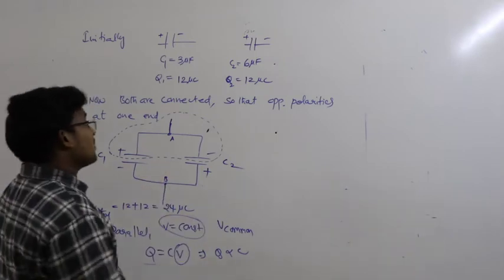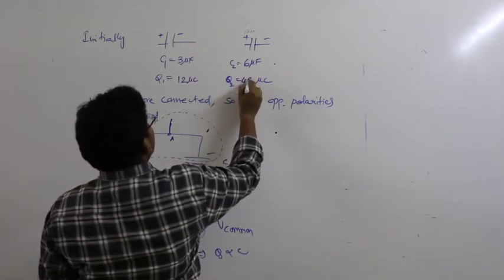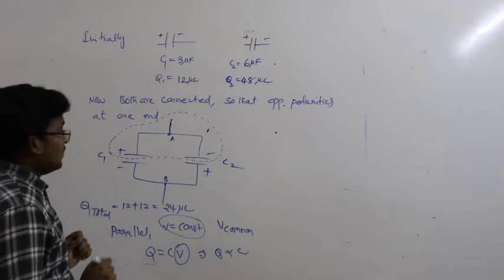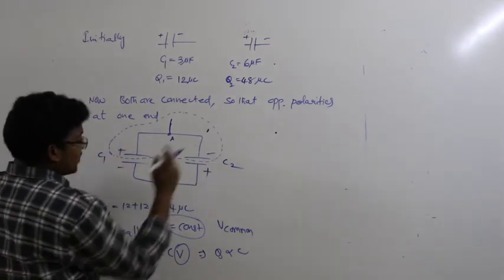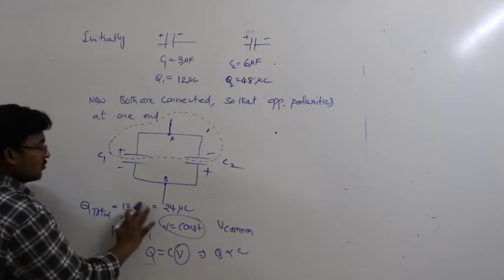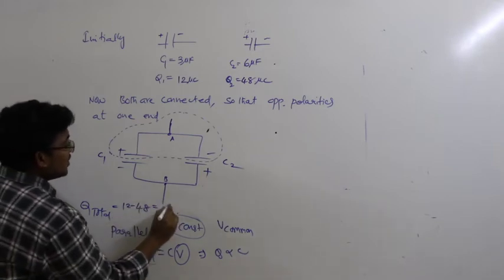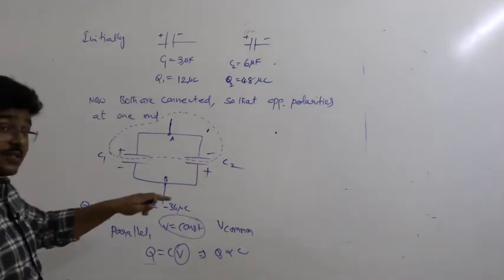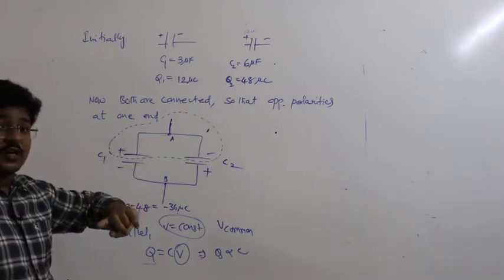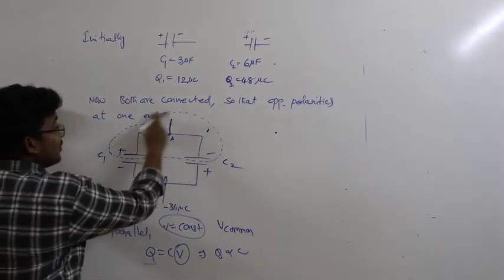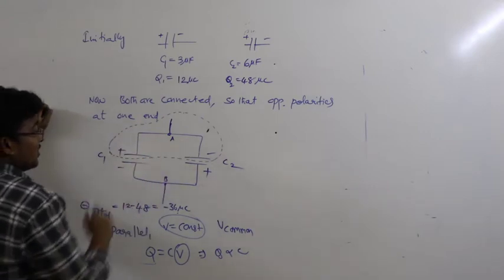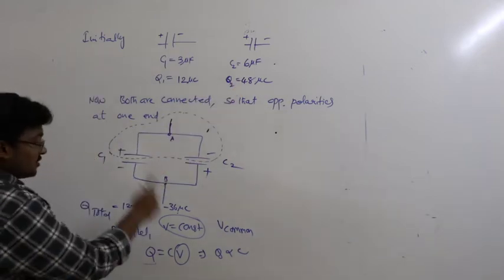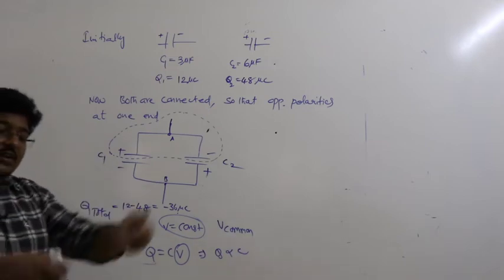So what I will take is, I will take this as some 48, then it will be easy, okay. So this is 12 and this is minus 48. What is the total charge? 12 minus 48, it will be minus 36 microcoulombs. This is the total charge, because they are connected with endpoints of opposite polarities. At this junction, the total charge will be the sum of the plate charges. This is plus 12 already, this I have changed to 48, so minus 48, so 12 minus 48 is minus 36. Now this minus 36 will distribute. See how.